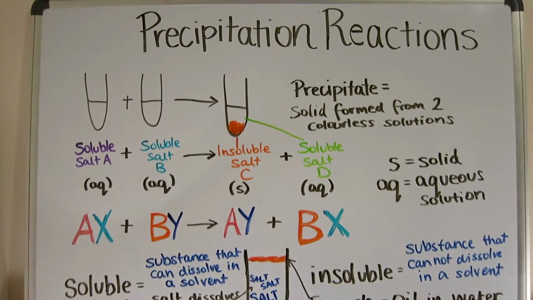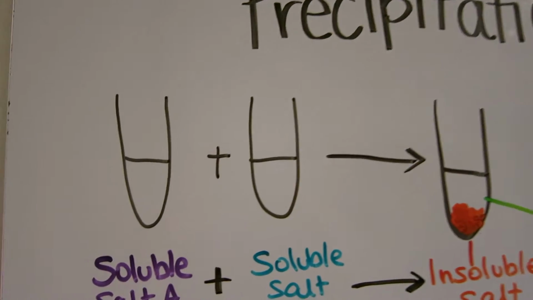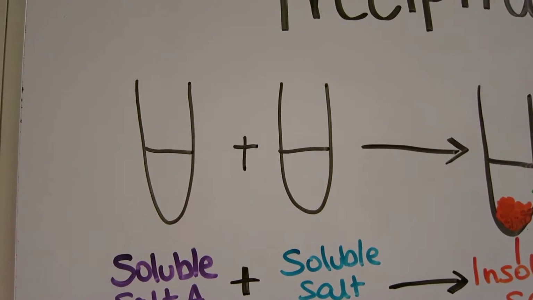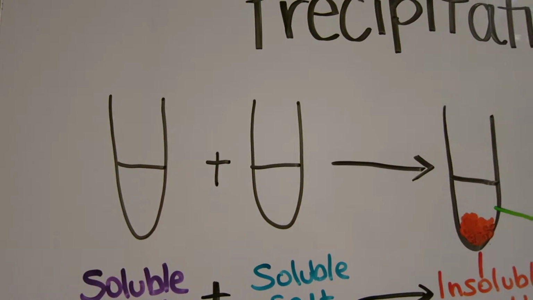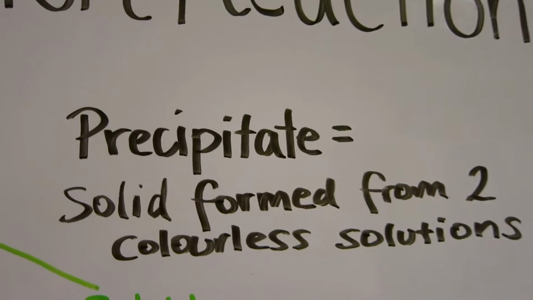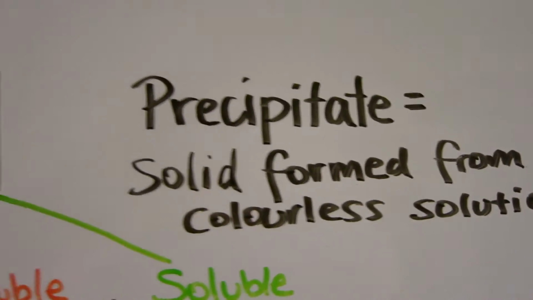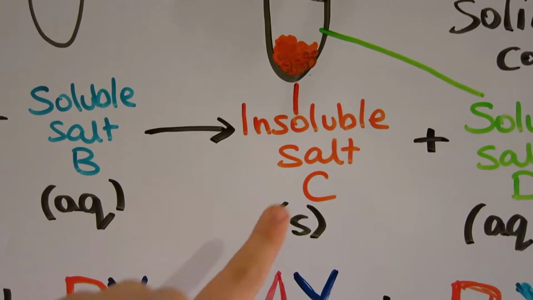Finally, we're looking at precipitation reactions. So, when we're looking at precipitation reactions, we have two clear solutions. When they mix together, they can sometimes form a solid. And we call this solid a precipitate. It is an insoluble substance